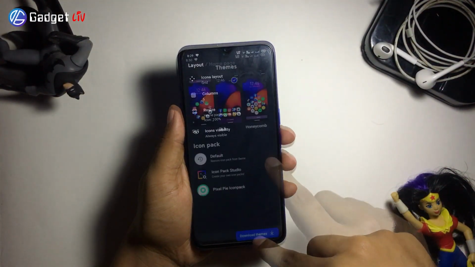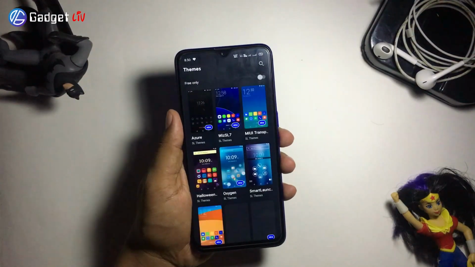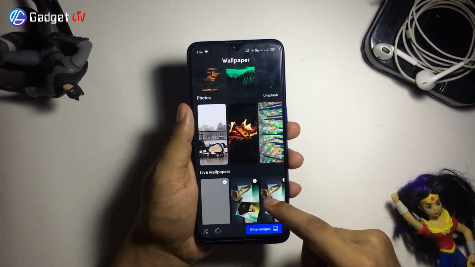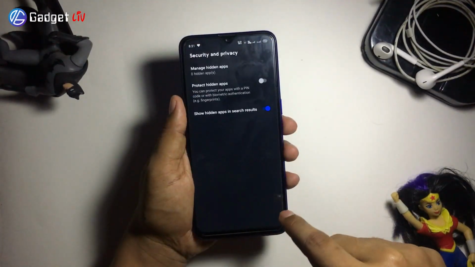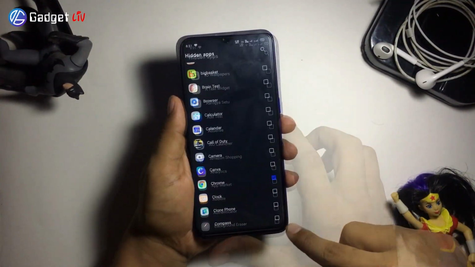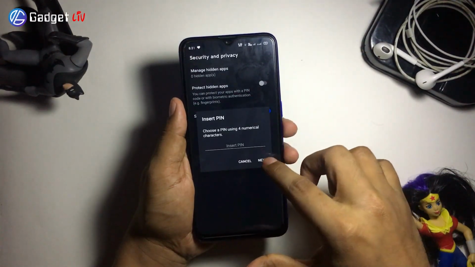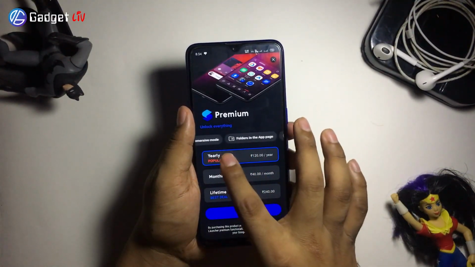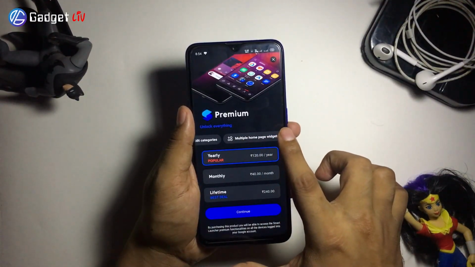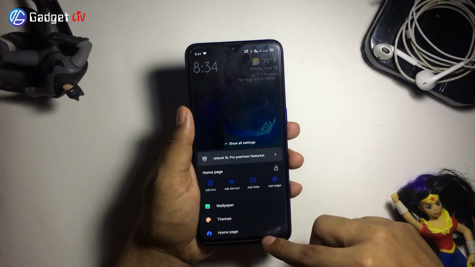What most of you guys will love is this Android launcher comes with a theme store that has many free and paid themes. There are hundreds of themes to choose from, and it also comes with the wallpaper and lock screen stores too. Another cool feature in Smart Launcher 5 is you can hide apps, but that's not it. You can also protect your app with a PIN or a biometric authentication, for example fingerprint sensor, to keep secret from others. You can also upgrade to their Pro version, which comes with additional features like blur effect, multiple home screen widgets, folder in app page notification, widget pages, remove ads and many other things.